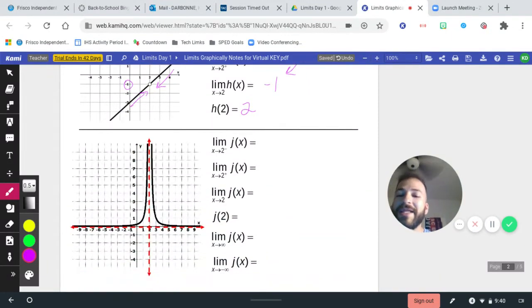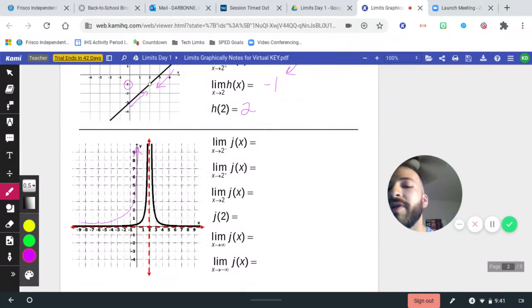Right, last but not least, we have asymptotes. So this is a good old-fashioned rational function. You did this towards the beginning of the year last year in pre-calculus. So we're going to be looking at this vertical asymptote right here. So as we approach the function from the left of 2,